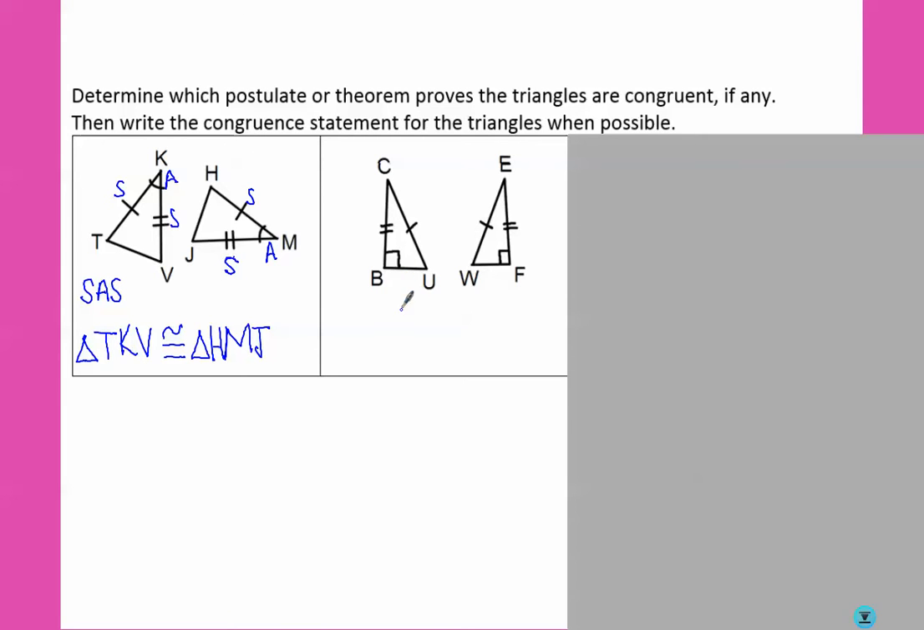This one should be pretty easy to check. I'm given a right angle, so I'm probably going to be able to use hypotenuse leg if it works. The hypotenuses are marked congruent, and the legs are marked congruent. So I know that a triangle